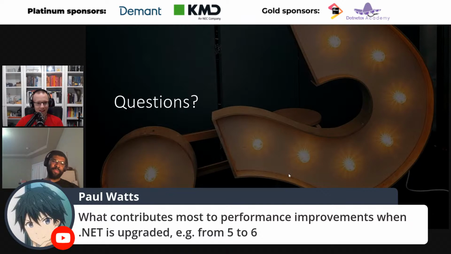Awesome. What contributes most to performance improvements? Interesting. For the improvements that you get for free, a lot of it is the JIT. The JIT has improved a lot and can recognize more patterns that are in existing code already, and they get faster on every version.